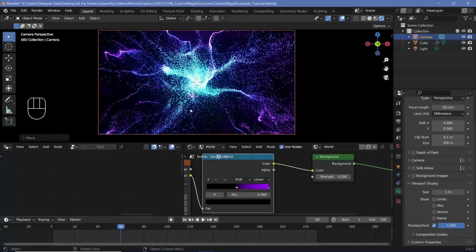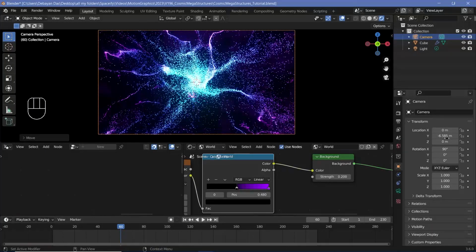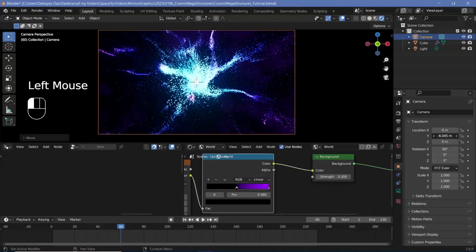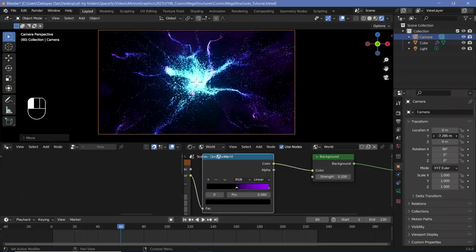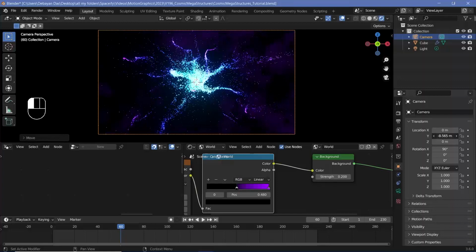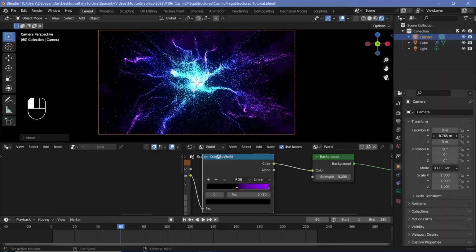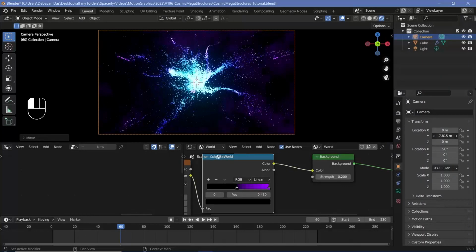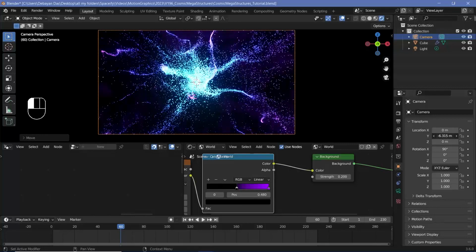And then once I'm happy with the positioning, remember you can always go to the object properties over here and play around with the actual Y value to change how close or how far you are from the object. If you want to fit in the entire thing, you can just zoom out quite a bit, but I don't want the entire thing to be fit into the scene, so I'm gonna zoom in to about there, and then